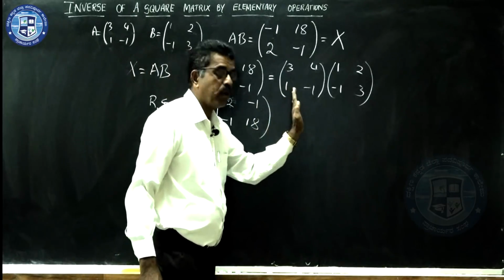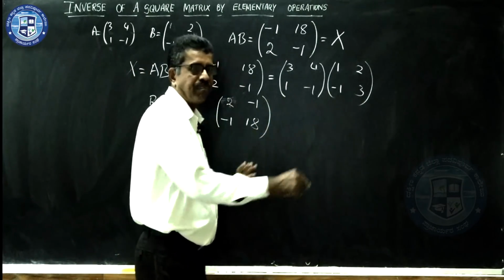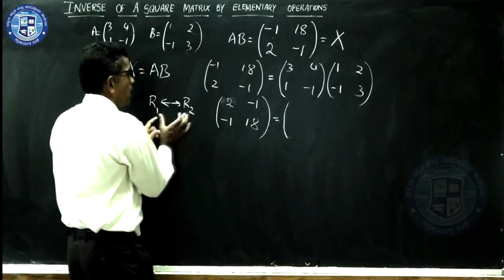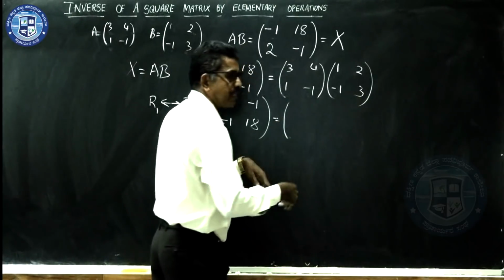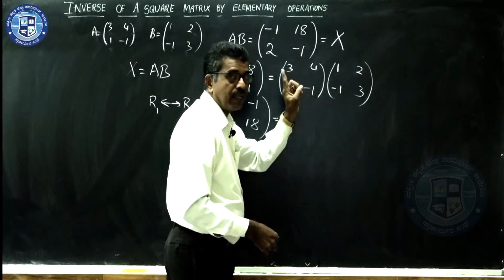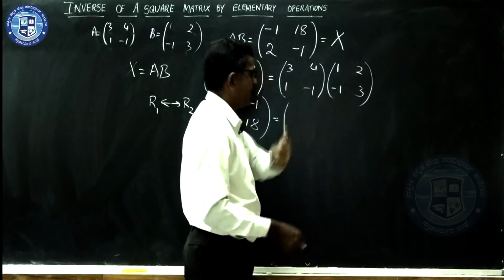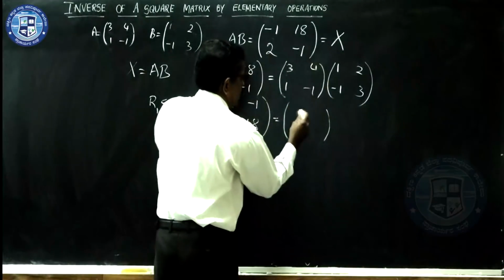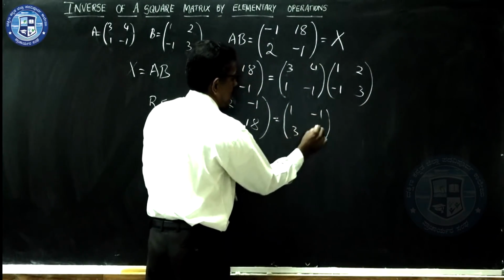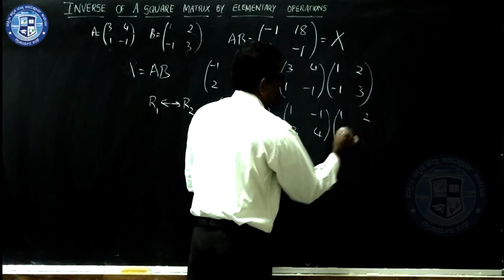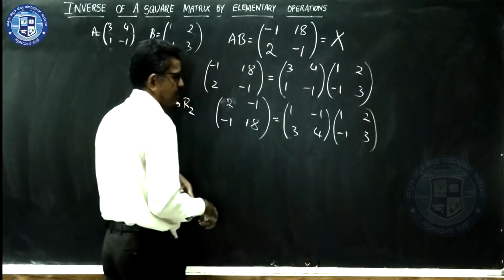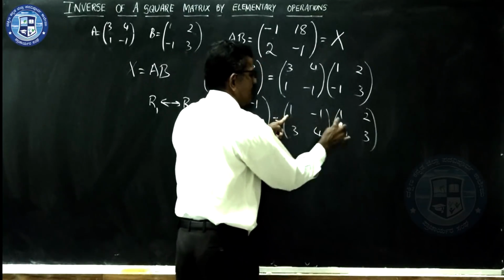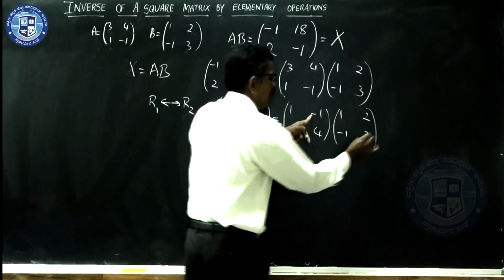Now, it is very important to note what would be this one. If I apply the same operation to the first or second matrix, you have to test which one will satisfy that. So, I will apply it to the first. That means I interchange rows here: 1, minus 1, 3, 4. I will take here 1, 2, minus 1, 3. I do not apply it to the second. Now, just observe here, multiplying this with this. What do you observe here? Multiplying this with this, it is 1, minus 1, it is 2.